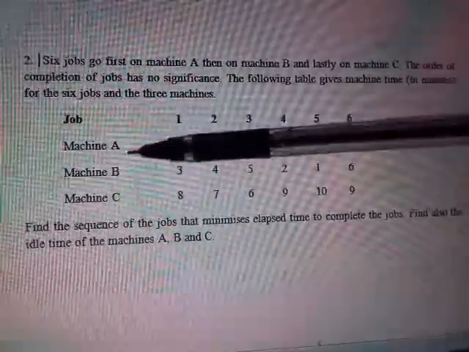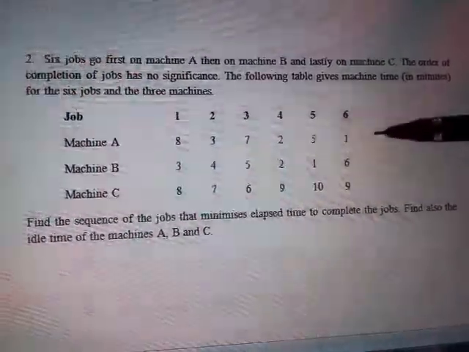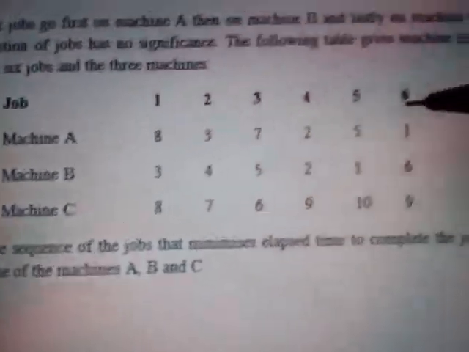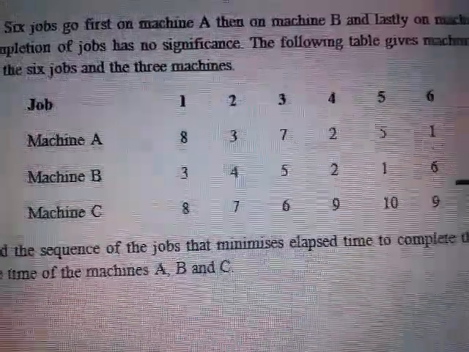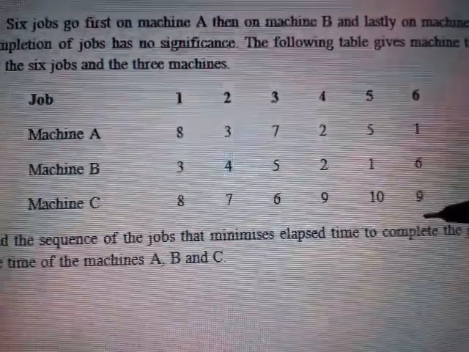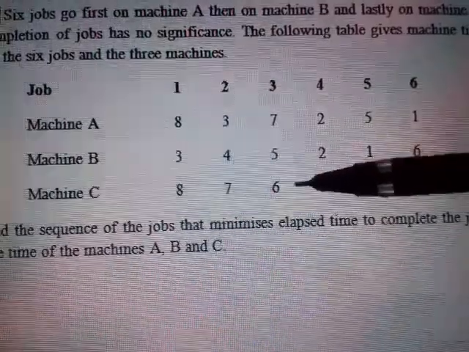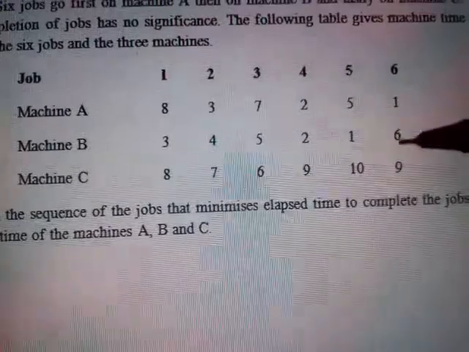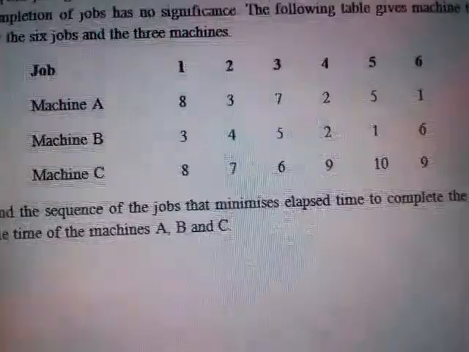The first step, you have to identify the minimum value of machine 1. What is the minimum number? 8, 3, 7, 2, 5, 1 is there. 1 is the minimum number. Similarly, find the maximum number of machine B. What is the maximum number here? 6 is the maximum number. And for machine C, you have to find the minimum number. The minimum number here is 6. So find the minimum of machine A and minimum of machine C, and the maximum of machine B. After finding this,